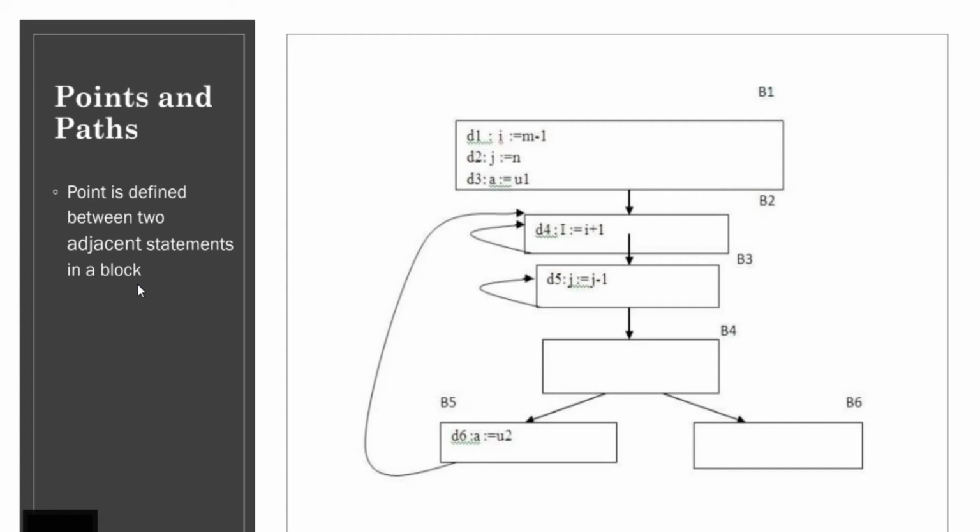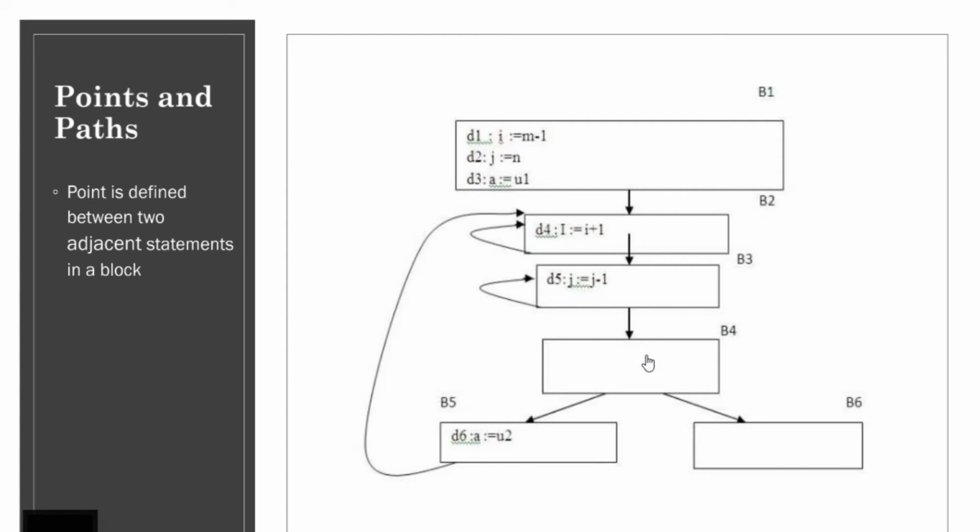So this is a flow graph. In this flow graph, how many blocks are we having? Totally we are having 6 blocks. Now let us take a global view and consider all the points in all the blocks. So this is a path. A path from P1 to Pn consists of a sequence of points P1, P2 and so on up to Pn, such that for each i between 1 and n minus 1.